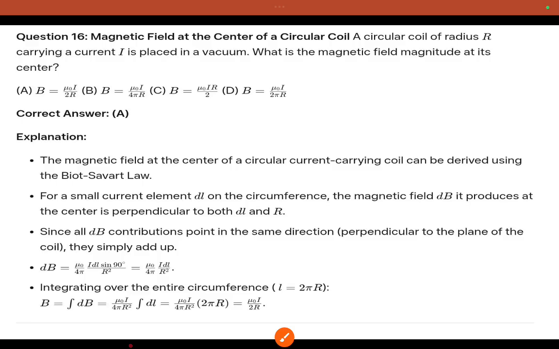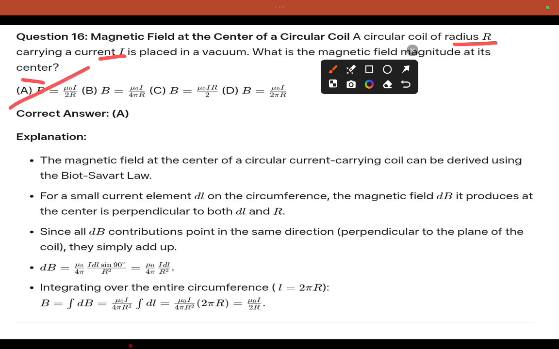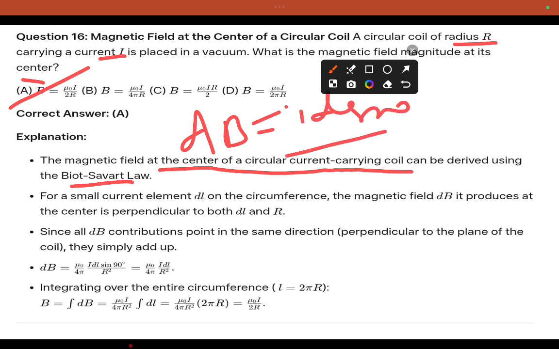Question number 16 relates to the magnetic field at the center of a circular coil. A circular coil of radius R carrying a current I is placed in a vacuum. What is the magnetic field at its center? With current I and radius R, your answer is mu naught I by 2R. The magnetic field at the center of a circular current carrying coil can be derived using the Biot-Savart law, dB equal to mu naught by 4 pi